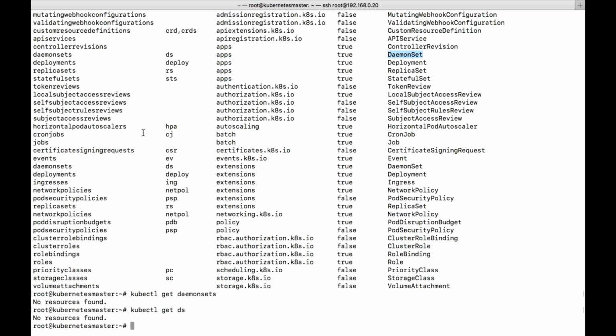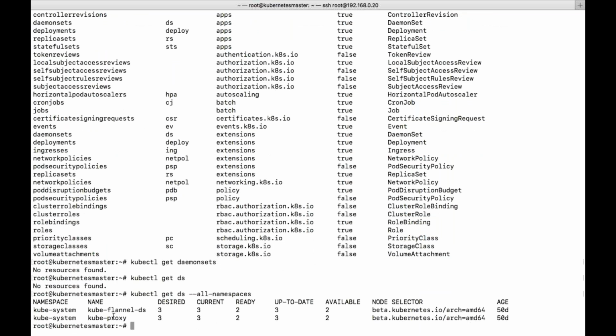Let's look at all namespaces. You can see there are daemon sets like Flannel and kube-proxy. You already know that Flannel should be running on all the nodes. That's the reason it has created a daemon set. It is created not only on the worker nodes but on the master node also. So you can see a desired state of three.